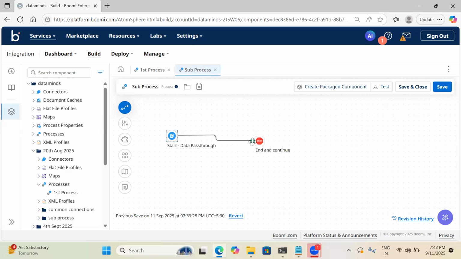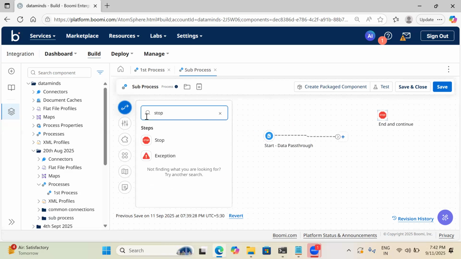Now, I am going to enhance this process further in such a way that I am able to send this error related data to the backend support team by using the mail connector and at the same time by using the ServiceNow ticketing tool. Now here I am going to use the branch shape